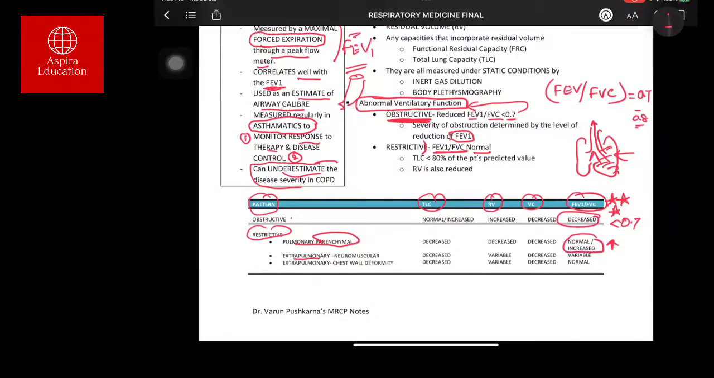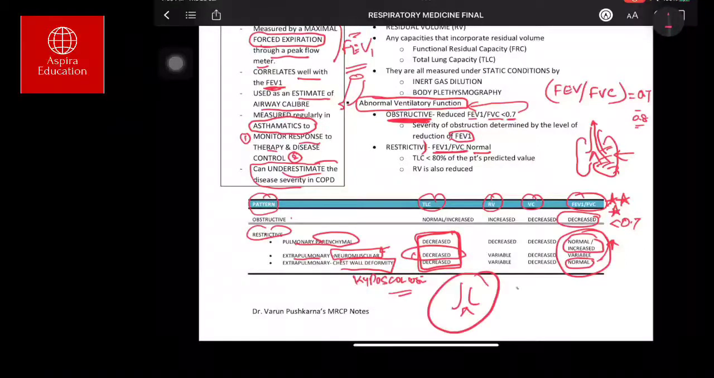In extrapulmonary neuromuscular disorder, it can be variable. In chest wall deformity like kyphoscoliosis, in all these conditions, you will have a decreased total lung capacity. You will have a normal or a variable FEV1 to FVC ratio. But for a person who has myasthenia gravis, again, you will have such a picture because as such the airway is intact. So the ratio of FEV1 to FVC is less than 0.7 only in case the airway